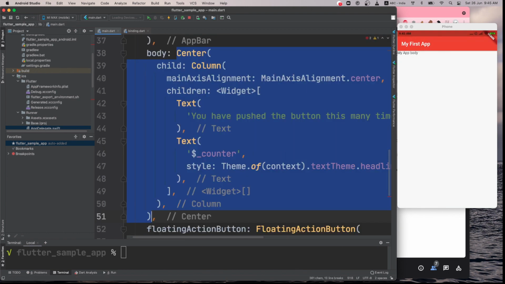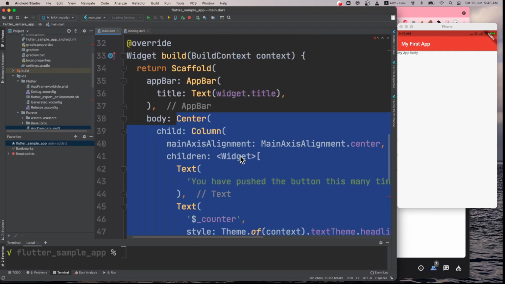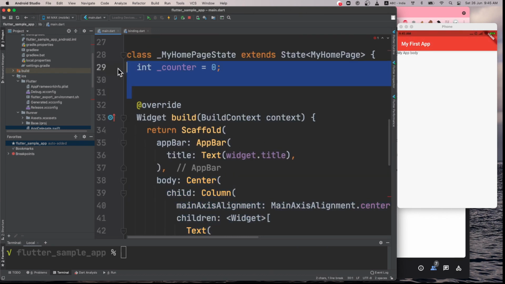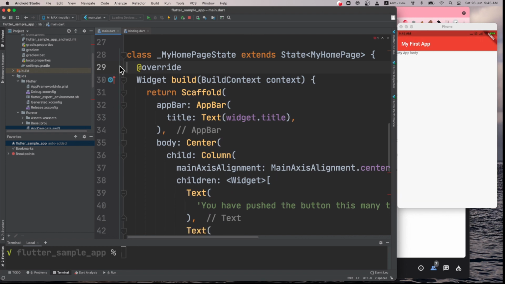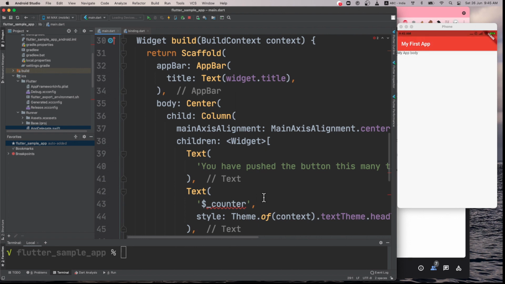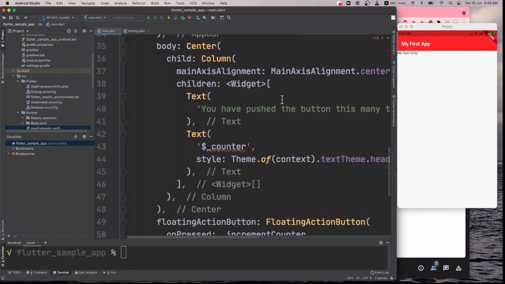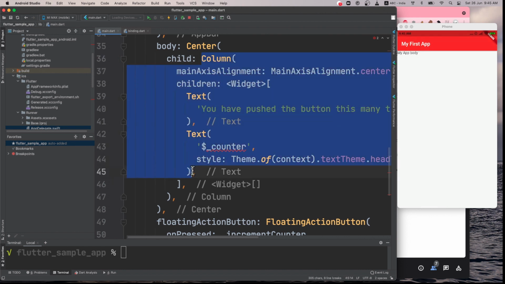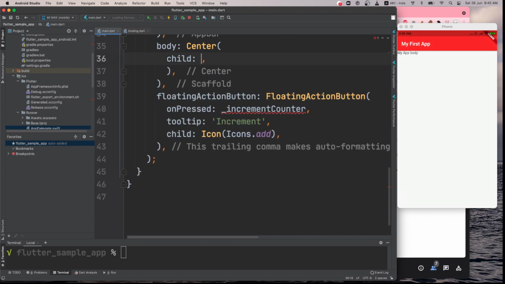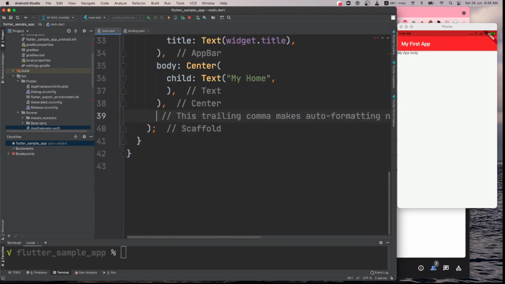So you don't need to remember anything. Every time you are writing code, remember Google is there or your IDE is there to help you out. So don't try to remember anything, but only remember that you want to do some logic, and you need to remember only your logic. Okay, here if I delete this, I can write here Text, my home, and this should come in the center. I don't need this action button. Is there anything else we are missing?